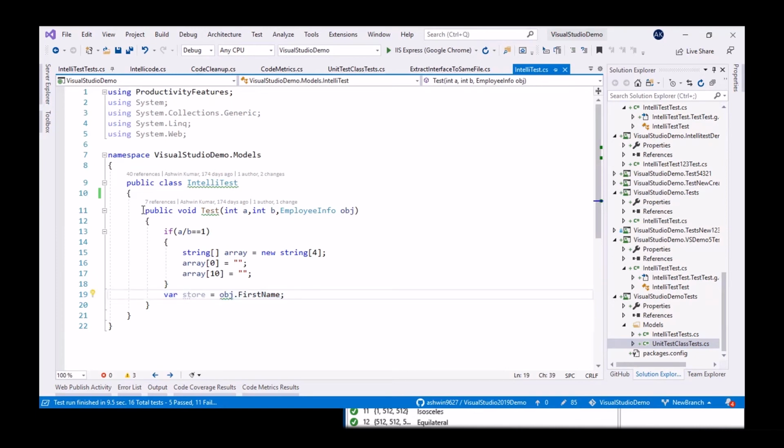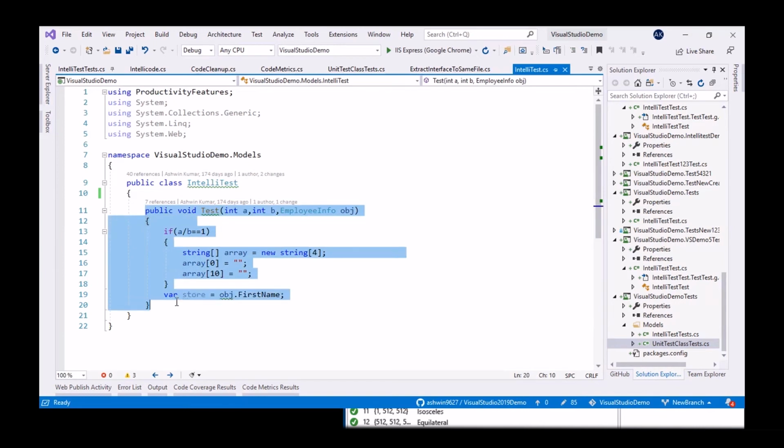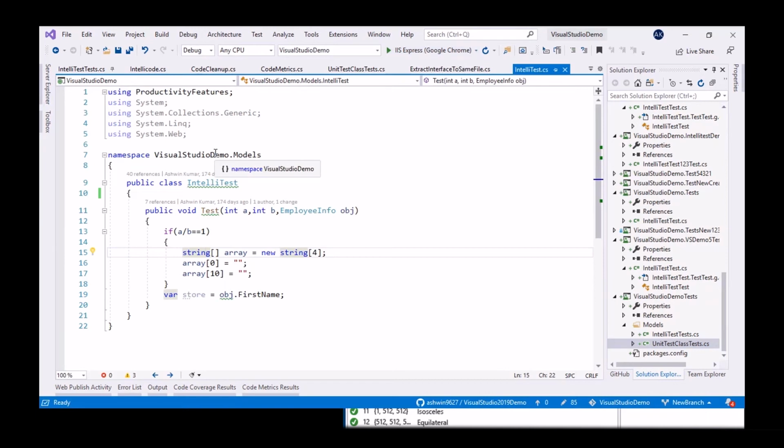So to check that, we'll think about it. In a real-time scenario, if a person wants to do that manually, how hard is it? If you want to check whether there is any exception or not, he has to run this application, click on the particular tab or page, and come to the particular method, and only there will he get the exception. Correct. Until then he doesn't know whether any exception is arising here or not.